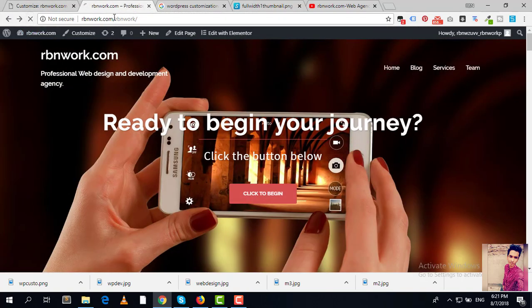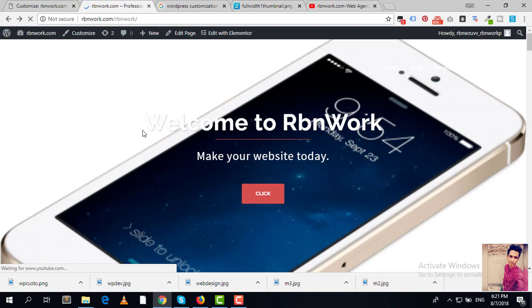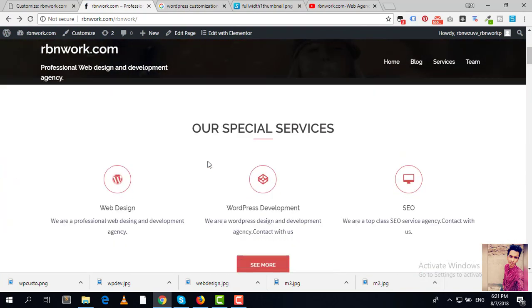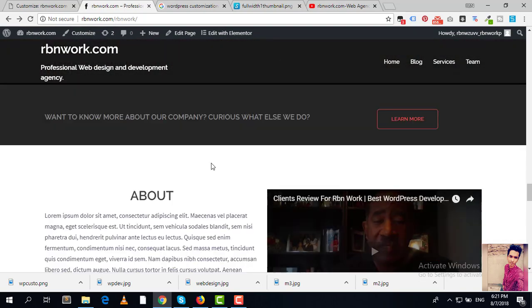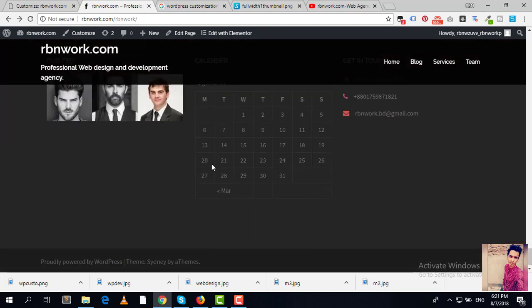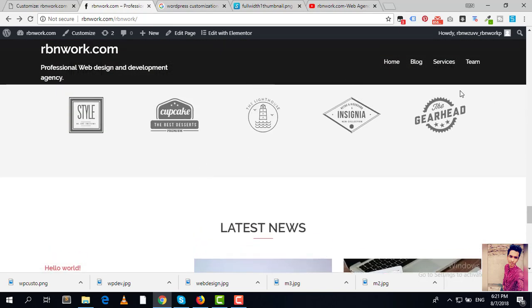So publish and refresh the home page and we will see the changes. So I hope you will understand how to customize Cine theme, how to work with Cine theme. Suppose you want to add one more pages,